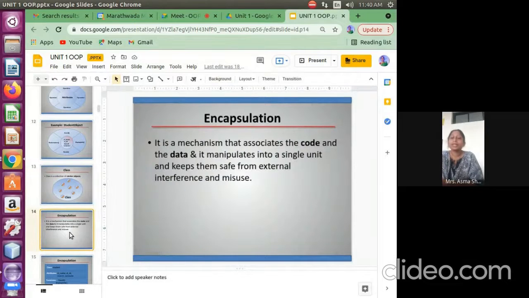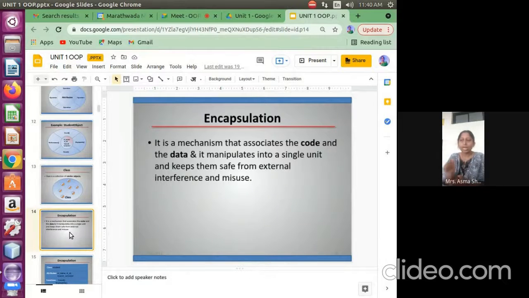Now we are starting a very important property, encapsulation. The word is difficult, but it is very easy. Whenever we are learning this, you have to remember it carefully. The word encapsulation comes from capsule.